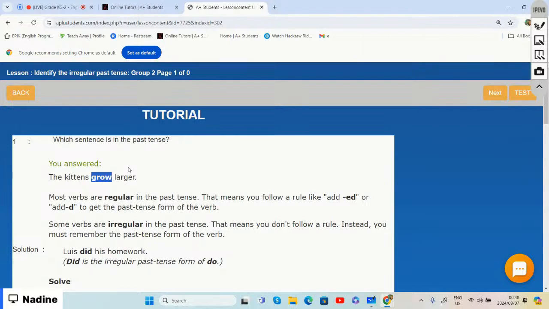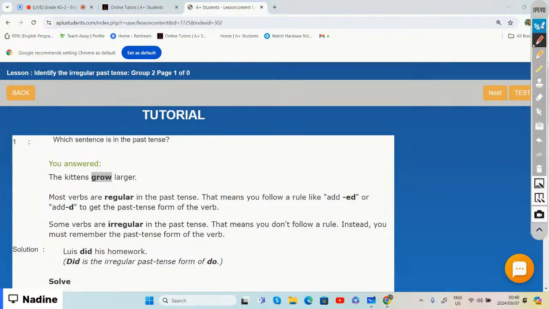The past tense of the word grow. And the past tense of the word grow is the kittens grew